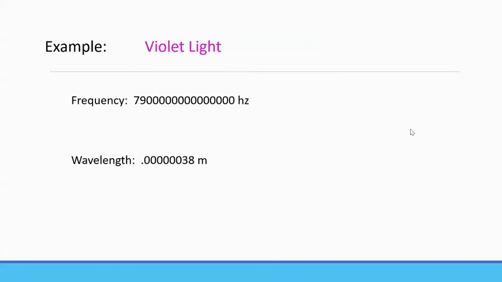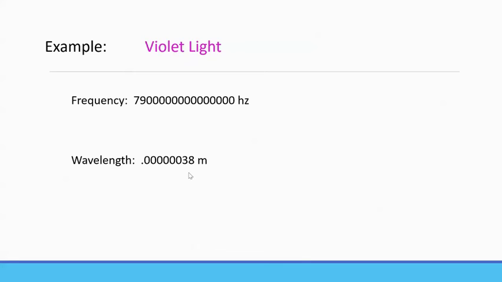Right, and we're going to be using scientific notation when talking about electromagnetic waves, and the reason we do that is to avoid all the long numbers, right? That can appear. So, take violet light for an example, right? The frequency of a violet light, if we round it, is this right here. This is a really long number. And the wavelength is just a really small number with a lot of zeros after the decimal. So when you're writing this out by hand or typing it into a calculator, it's very easy to miscount the zeros, and also it takes a lot of time to get the zeros right.